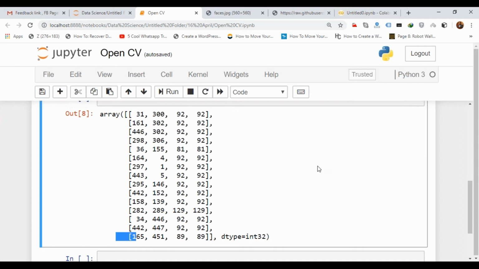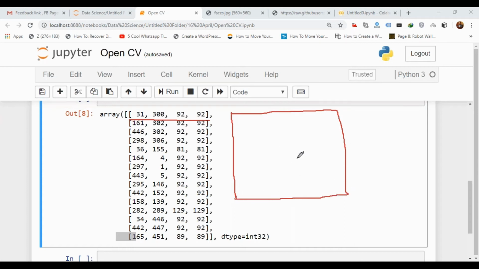Now let us discuss these values that we are getting. In all the arrays, you can see we are getting 4 values. What are these 4 values? Suppose this is our face, and this is the area where it has detected the face.